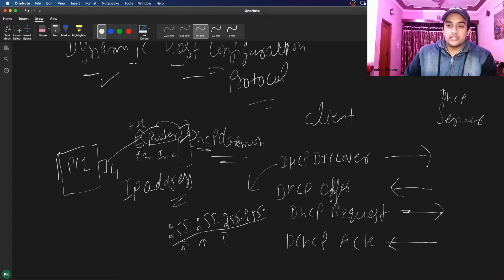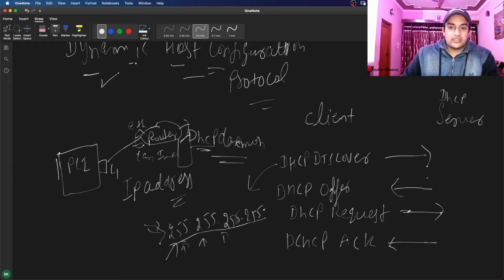So if there is any packet with a destination address of 255, it can be accepted at any network address in the LAN. It should be in the LAN. The router might have some other interface running on a different network address, so it will even go to that network address also. That's the basic idea, because we don't have an IP address. We don't have a source IP address, and we don't know where to send the packet, so we send it to all the interfaces. The idea of DSCP discover is that we are trying to discover a server in our LAN. That's how we send this DSCP discover packet.